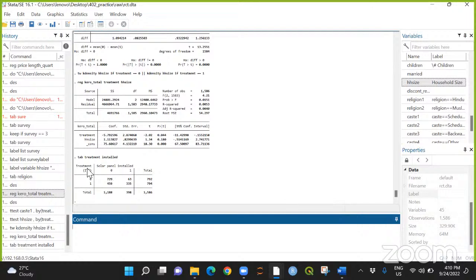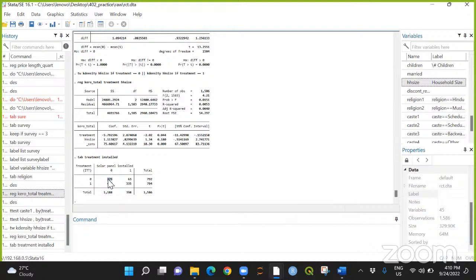That means people who were in control and did not end up getting it installed. Then there are people in control who actually got it, probably through some method, at the end of the day. And then there are people who were in treatment but did not take it, the never-takers. Let's not go there. And the ones who actually ended up following the protocol,